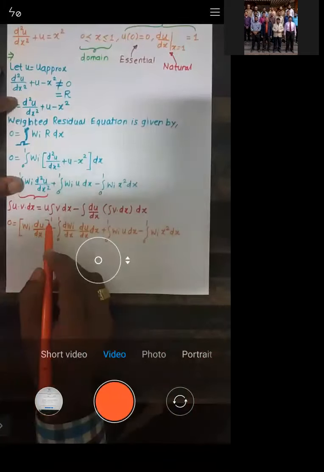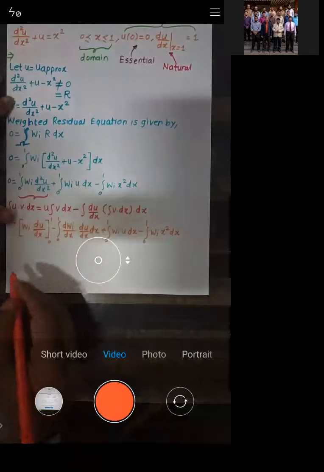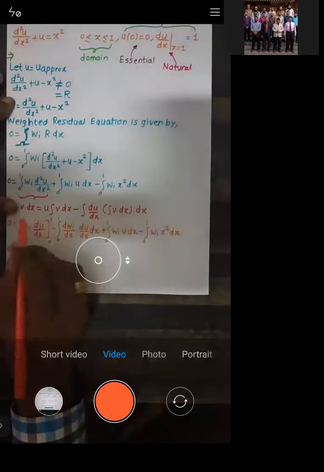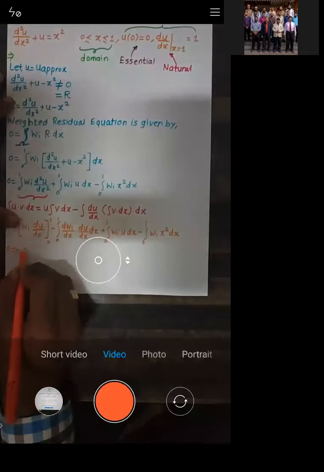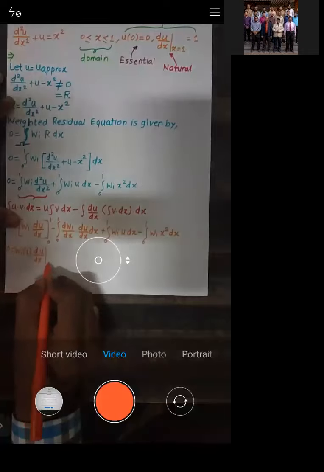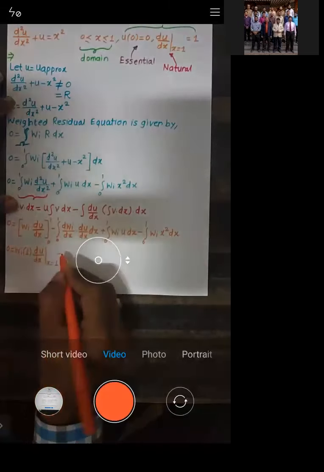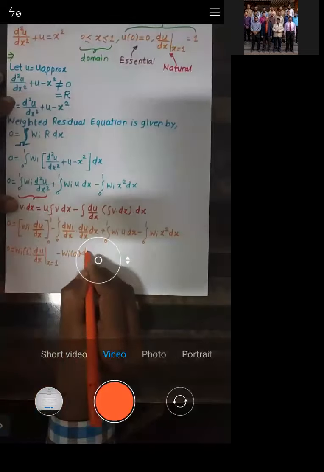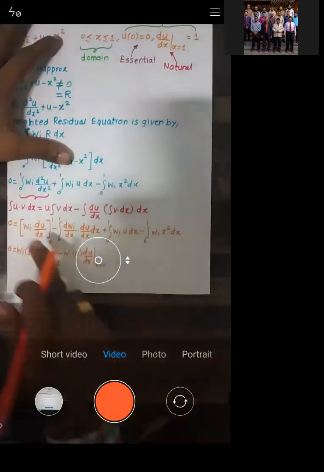So what we used to do, this term when 1, minus this term when 0. So that I will do now. See, what do you mean by this term when 1? That means weight function when 1 and du by dx when 1. So I will write: weight function when x is equal to 1 into du by dx when x is equal to 1. This is the upper limit I put, that is 1, minus weight function when x is 0 into du by dx when x is 0. So this is how we'll split this term.